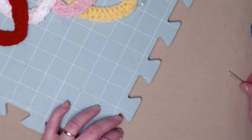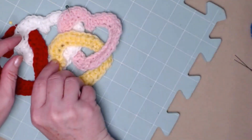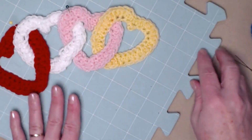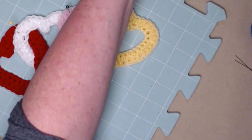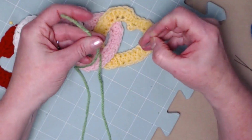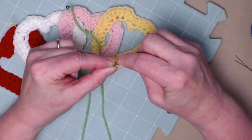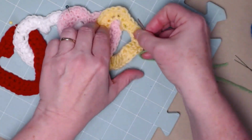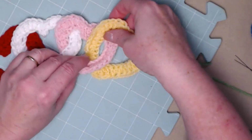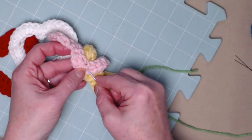And another thing that you might want to do, I've got it pinned on this board, but I want to show you. They're just laying like this. If you're going to use it to hang it up, let me grab a piece of this green here and cut this off, just so you can see. What you can do is just take matching yarn, although this yarn is not matching, and on the back, pull those out so we can flip them over. If you're going to hang them up, you can go like this,